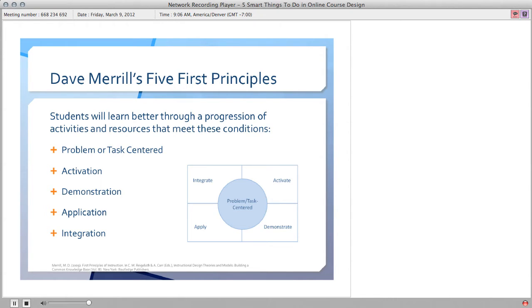This is worth noting. Dave Merrill, who's an instructional technology professor, now I think he's out in Florida or the University of Hawaii or whatever, used to be here at Utah State, has spent a lot of time identifying, through all of the different instructional models that exist out there, what the core principles of good instruction entail, and he's narrowed it down to